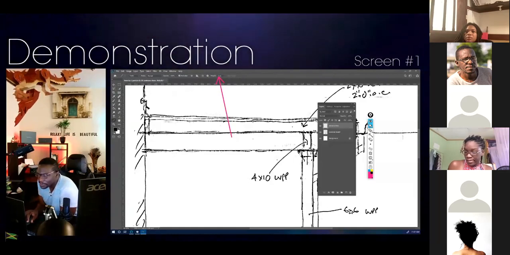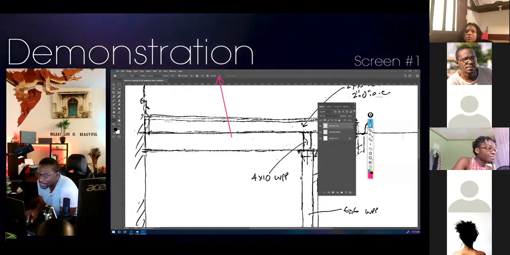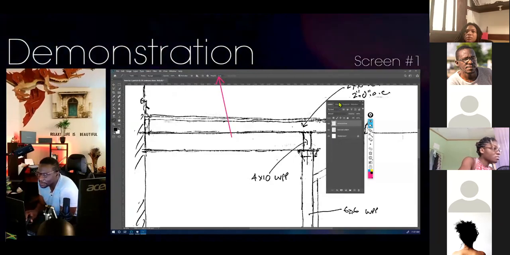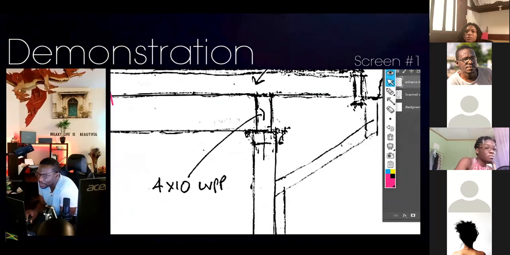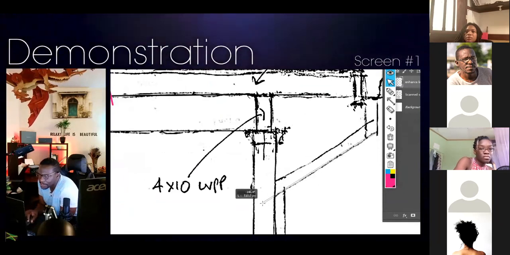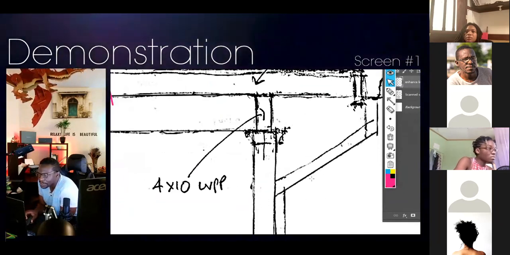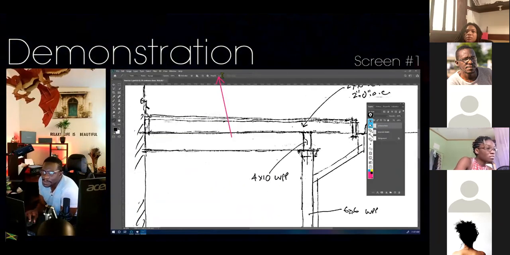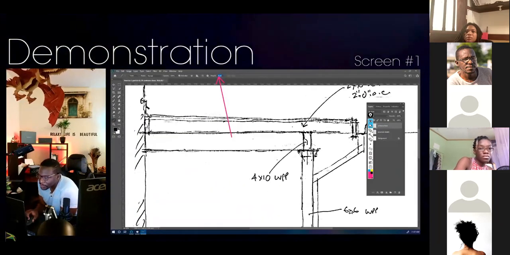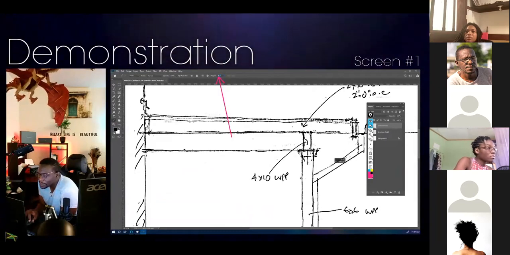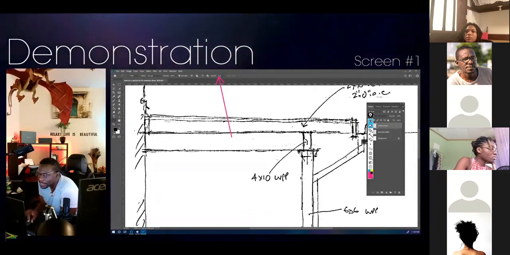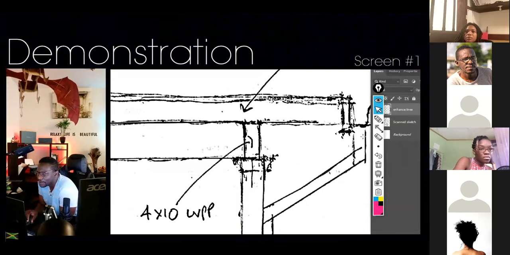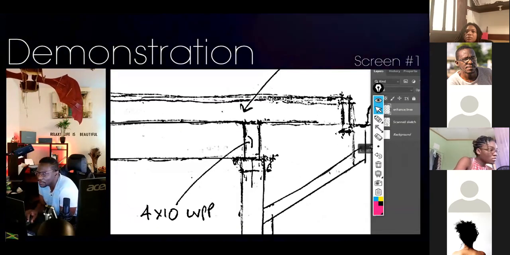What you're trying to do is just, as I say, enhance the truth a little bit. So areas that could take a little bit of touch up. So for example, the downpipe here could take a little bit of touch up. Maybe that one is too thick. Let me go back down to 4. You don't want to turn it into a computer drawing. You want to make it still look sketchy. So you don't want to do all your lines. I repeat, don't do all of your lines. You just need to do the ones that